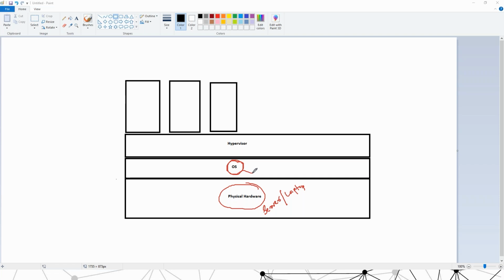It can be either Windows or Linux or whatever it is. There is an operating system. Okay, Windows or Linux or anything. And then you are installing this hypervisor as a software, like VMware Workstation, Oracle VirtualBox, etc. This is your virtual machine. This is your complete VM. Like you have an OS on it, you have an application on it. So it's a complete VM, right? All these things are complete VMs or virtual machines.